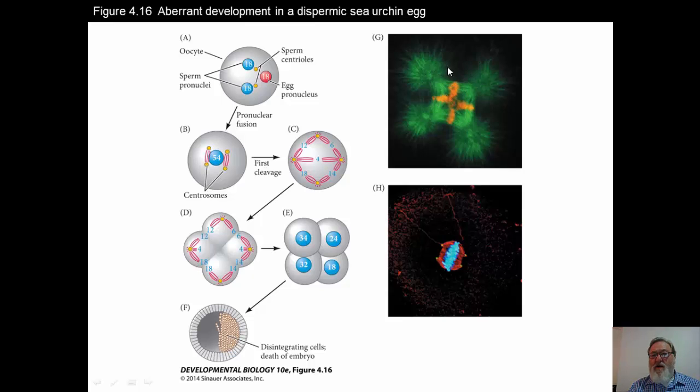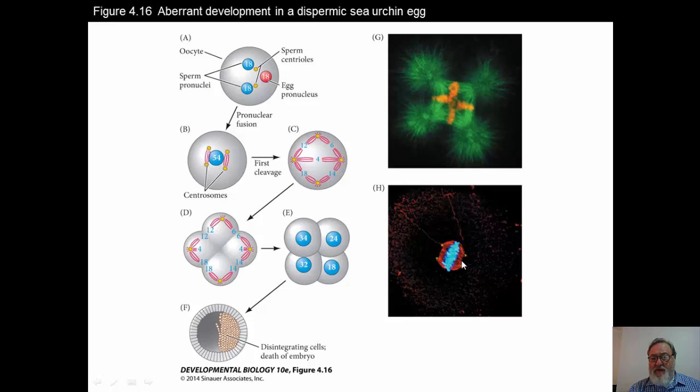If you look here, what you're seeing is you've got 2 sets of centrioles with the microtubules pulling chromosomes in opposite directions, but again, this is an actual fluorescent micrograph which shows that the chromosomes are now being pulled in aberrant ways. H is actually a mammalian cell which has polyspermy, and here you get 4 centrioles, 2 sets